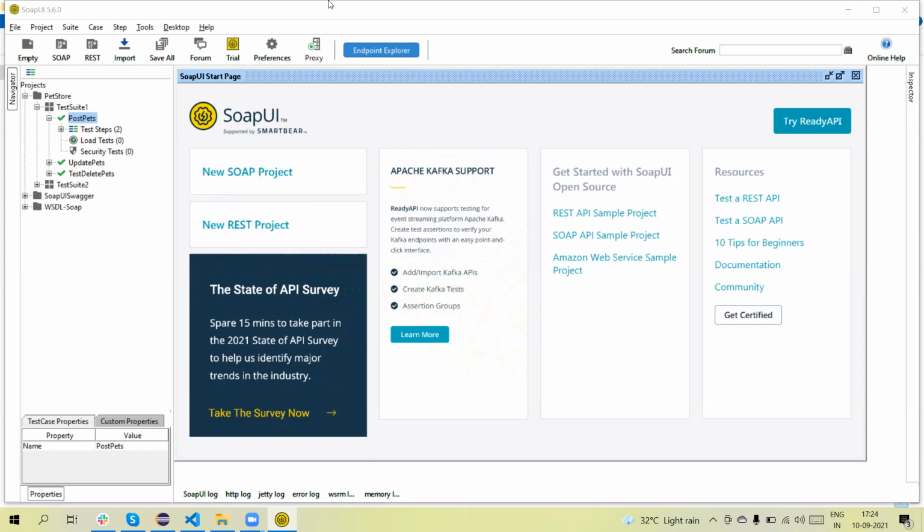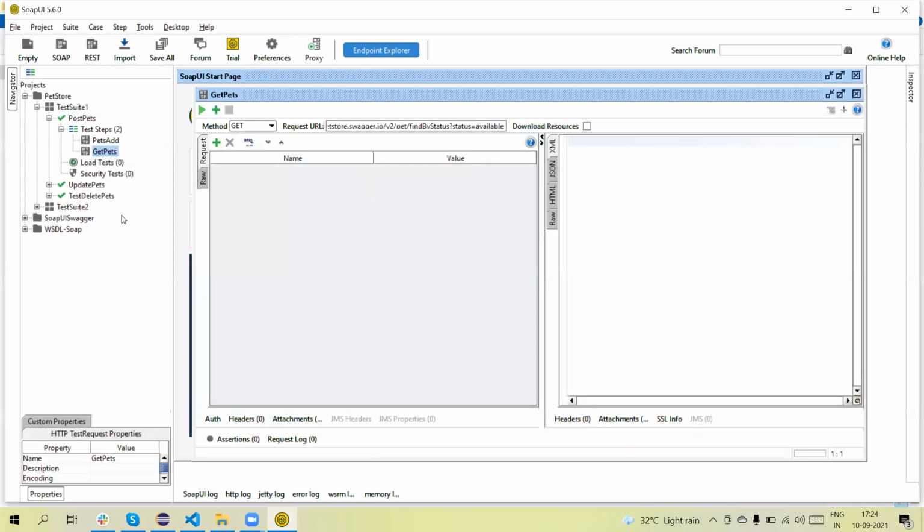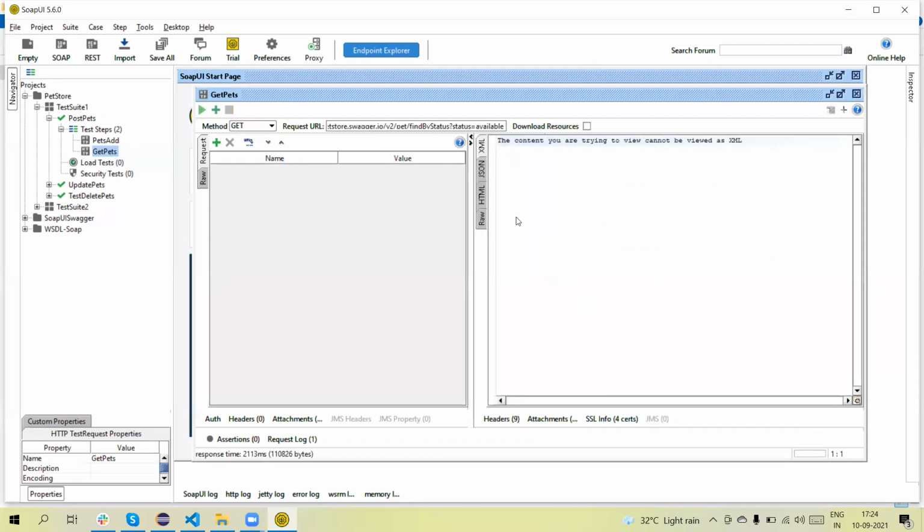As we discussed in the previous video, you can see how we are creating the test project, the test suite, test cases, as well as the test steps. So there are multiple ways we can run the test cases. One is you can send the request directly from the step, running individual steps, and you can get the response. Just open any request, and on the top you can see the play button. Click on this and it will send the request and you will get the response.